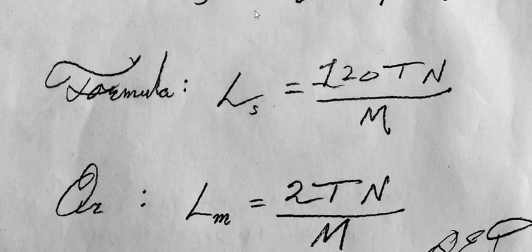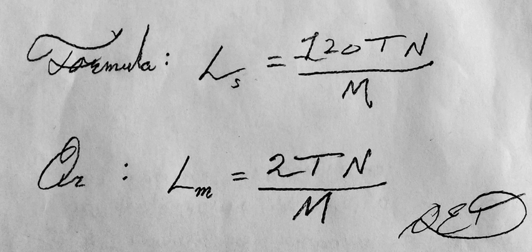Well, you get 2 formulas. Actually, you'll get 4 formulas out of this. The first one's in seconds. So if you want the length in seconds, take 120 times T times N divided by M. And if you want minutes, then the length in minutes equals 2 times T times